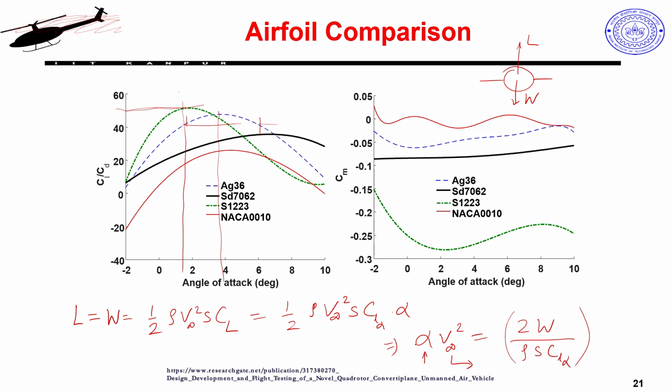So, now you can see I can easily have one point of operation around here, another point of operation around here, and in both cases I have similar L by D, but I have different lift coefficients, because I will be operating at different angles of attack. But the good part is that my L by D would remain at least 40 all the time, which is a good thing, right.